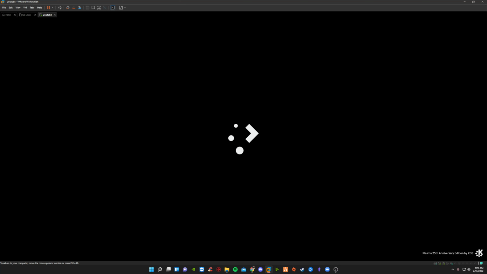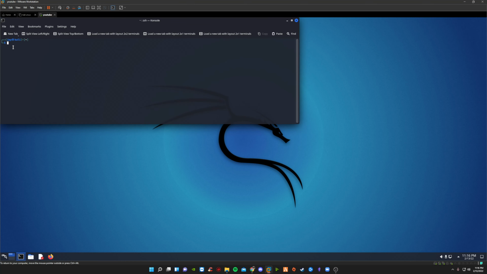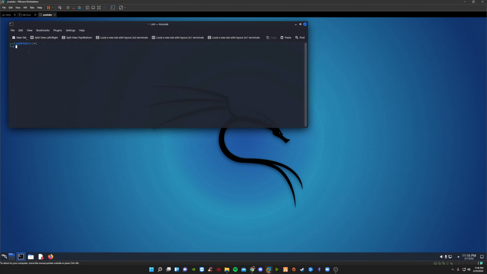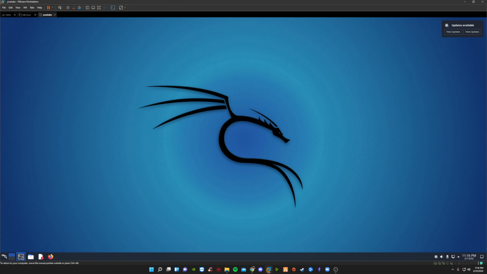And this should change our entire desktop to the customization the way that I like it. You can play with them, see which one you like, tinker around if you like. So cool. So like I was saying earlier, obviously we need to update. So the first thing I do is I normally put up a terminal, and how you can do that is by holding Control Alt and T if you want the shortcut way. If you don't want the shortcut way, then you would just come down here and click the terminal button, and